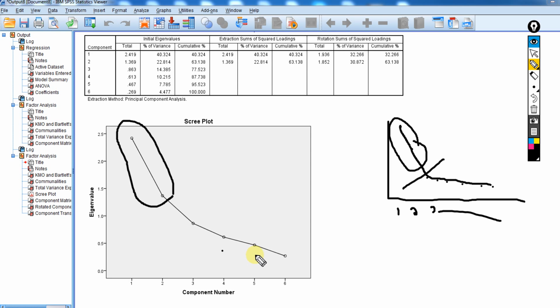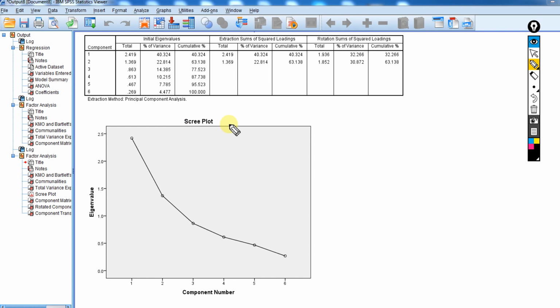Imagine that it looked like this, and then kind of cut across here. Then I might be inclined to adopt a 3-component solution as opposed to the 2 that I'm going with right here. At any rate, the scree plot is useful for visualizing and deciding on the number of components to retain. And that's really the first big decision that you have to make when you're running the components analysis. There's another strategy as well,